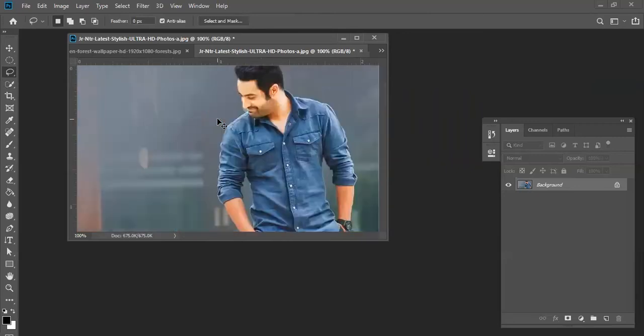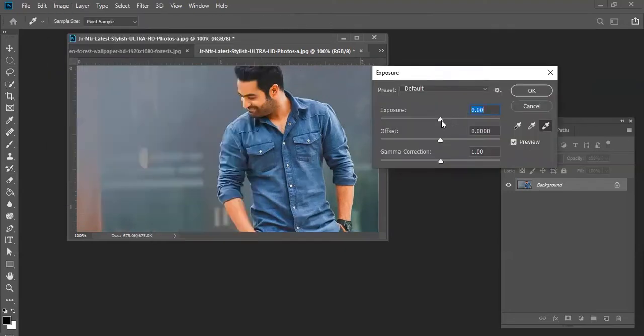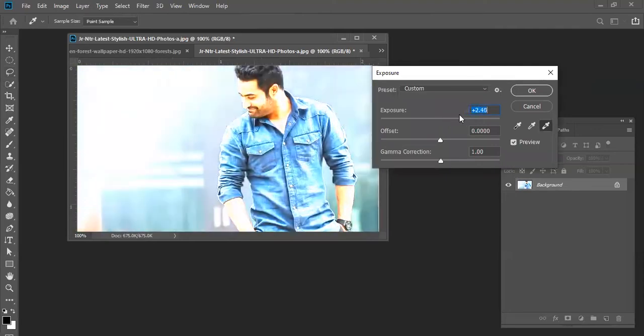So here, what you can do, if you applied anything on your image, you can press Control Z to undo, or there is another option, the history brush tool. If you're using the history brush tool, whatever edits you made on your image, it will all go. And also here, Adjustment, Exposure. Exposure is nothing but, you can adjust the values. It's all based on your image quality. Based on your image quality, this image adjustment will give you the result.